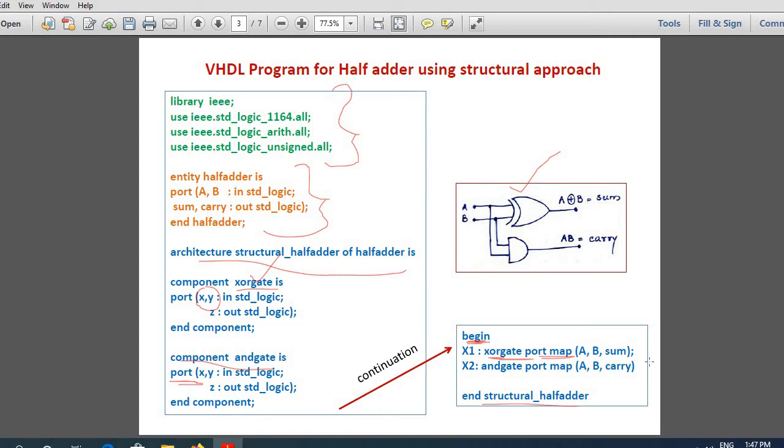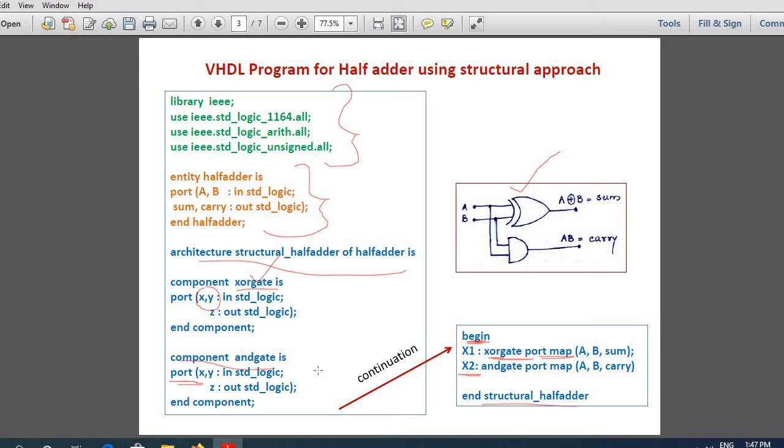It gives A XOR B. Okay. Now I am creating a second copy of my component, and that component is AND gate again. What does this mean? This x here corresponds to A, y here corresponds to B, and z here corresponds to carry.